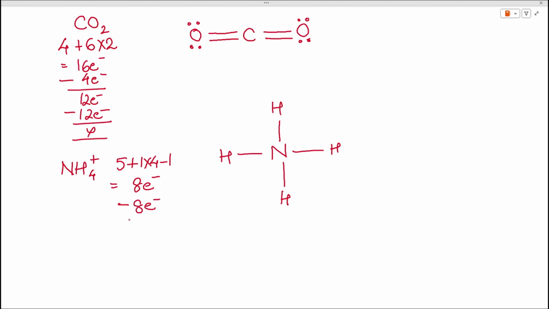So all the 8 electrons are lost. We don't have anything, but all the hydrogens are also good because they have a total of 2 electrons, and nitrogen is also good because it has a total of 8 electrons. One thing you need to remember is, because we are drawing the Lewis structure of an ion, a polyatomic ion, we need to put a square bracket and put a positive charge outside it, indicating that 1 electron by